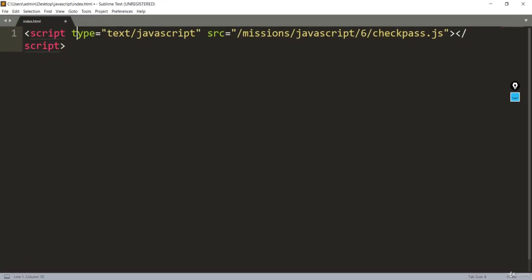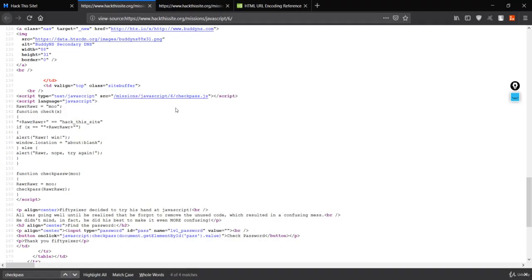If you see here, it has the type, which is obviously the JavaScript type, and the src attribute. We have already studied that if you want to inject a script from another file which is not inside the same document, you can give the src attribute and provide the path where you have the JavaScript file. In this case, we have the checkpass.js file inside this link.